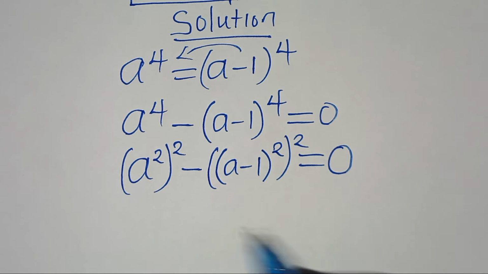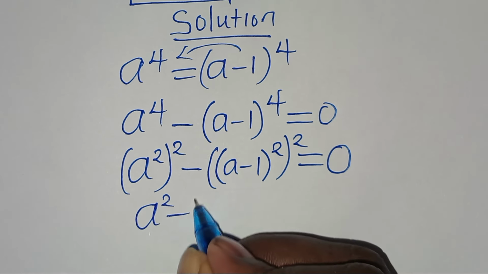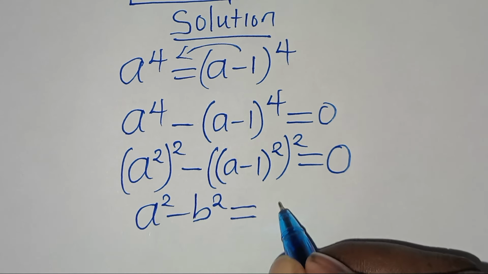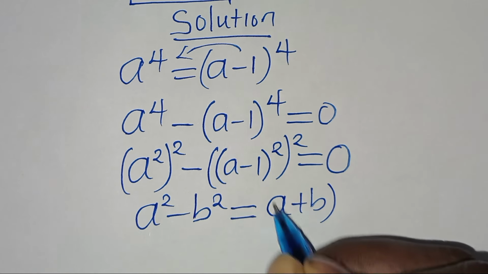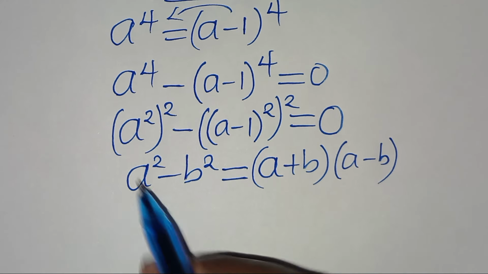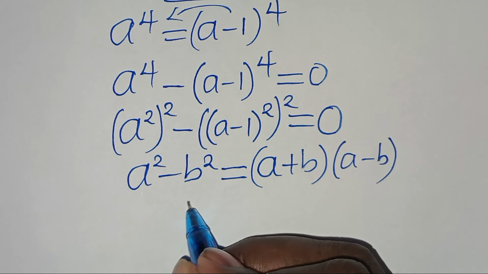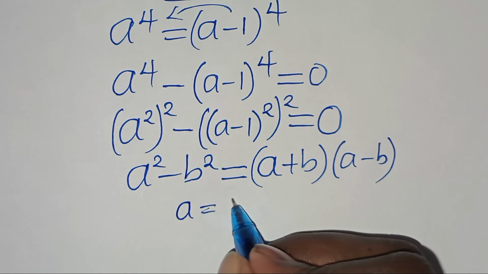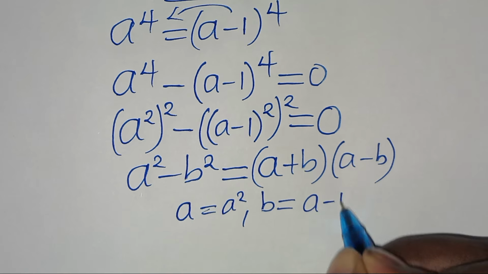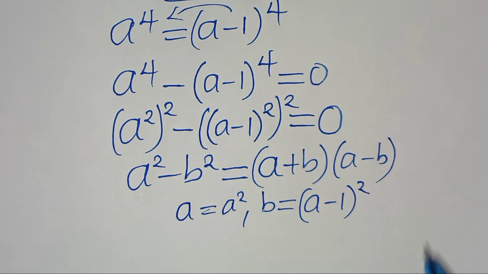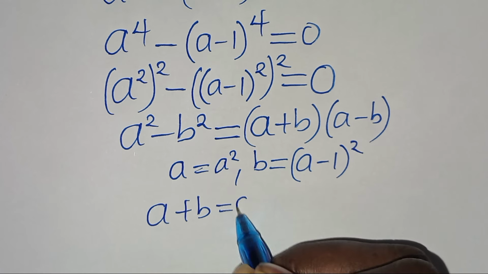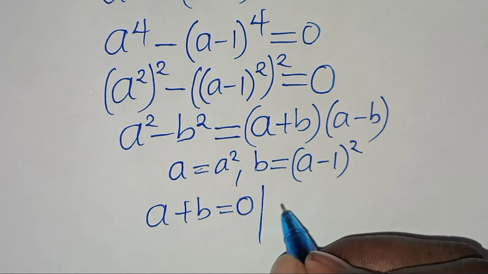This equation here is in the form of a squared minus b squared, which is the difference of two perfect squares that we can express as a plus b, a minus b. Now from this equation here, we have that a is the same thing as a squared, and we have that b is the same thing as a minus 1 to the power of 2. So we have that a plus b equal to 0. This is the same thing as a squared